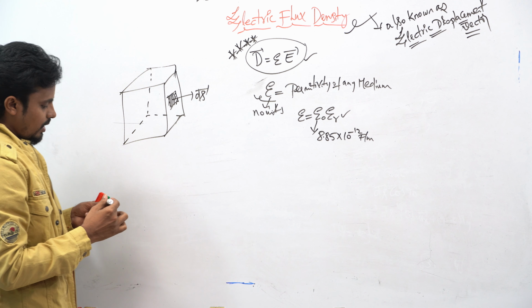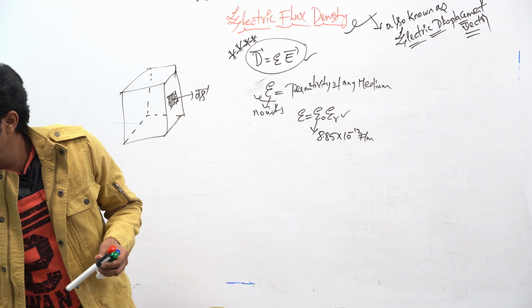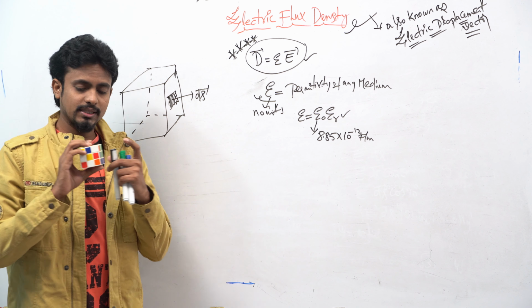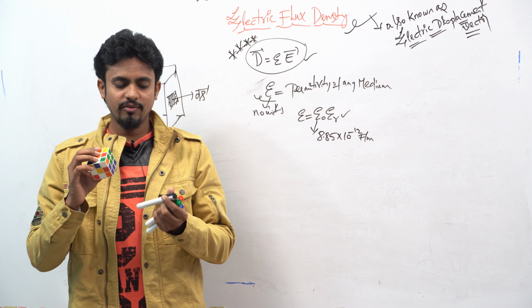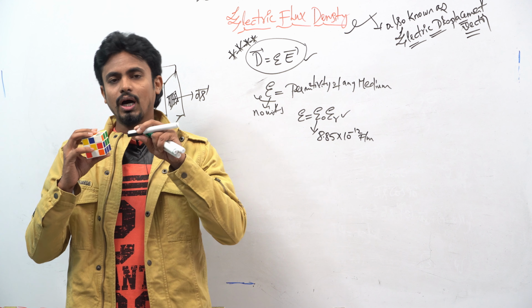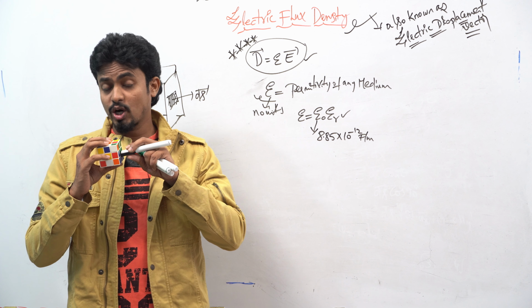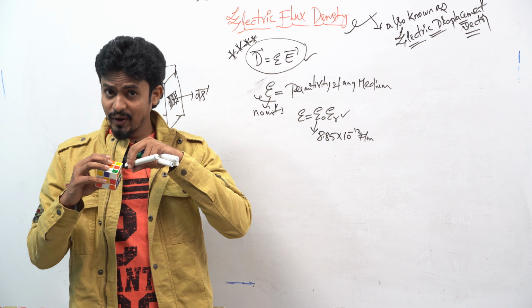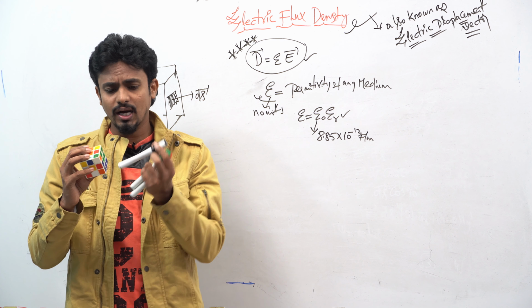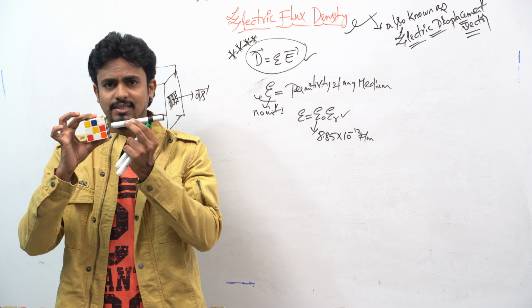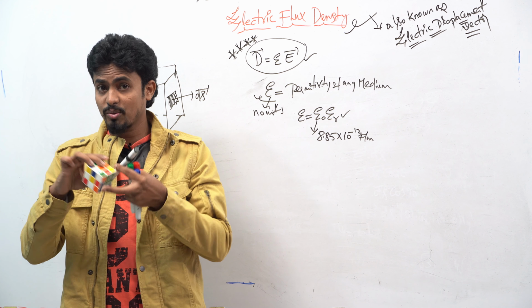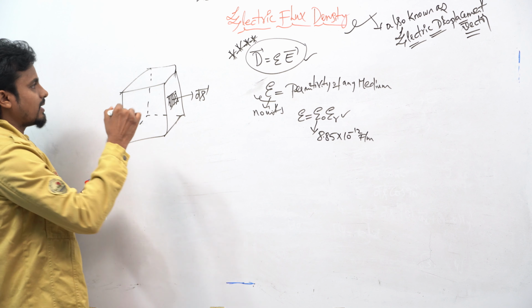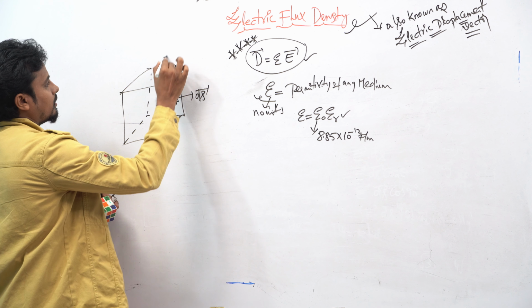Here you can see, I will take a similar cube and consider this face. If I want to insert my pen into the cube, is it possible? No, it can't be possible, right? Why? Because inside the cube there is a lot of mass present. Outside is the possible direction, but inside is not possible. So for example, this will become my dS bar.